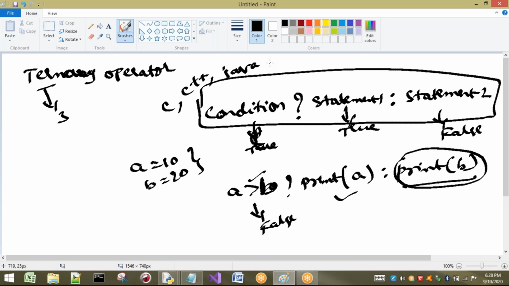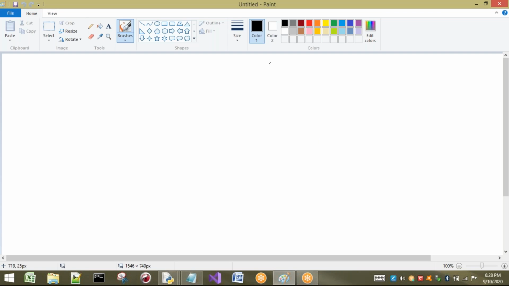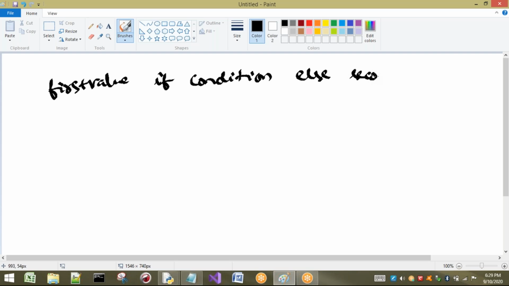Now, how is the operator present in Python? Let us see here. Here I am going to consider the first value, or we can consider it as any statement. Here I have to write if, and here I have to write some condition, and later else, second value. Just very easy.